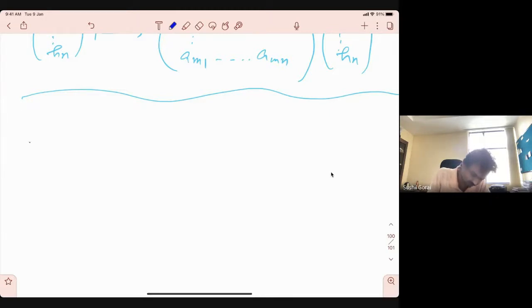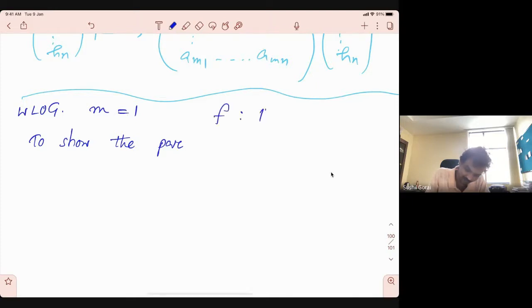So to show the partial derivatives exist, without loss of generality, you can look at m to be 1. So you have f from Rn to R. Now to show partial derivatives exist,